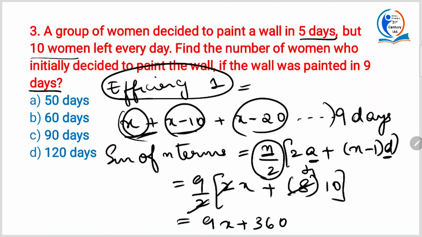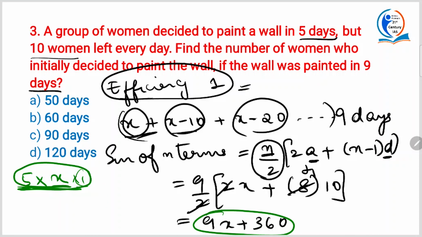And what is the work done by women in 5 days? If there were total women of x, that means 5 into x was the total work done because efficiency is 1, no? So into 1, so it doesn't make any difference. Okay, so it is 5 into x. This is the total work actually, it was there. Okay, now what is this? This is the total work that was done. This work and this work are same. However, the number of women who worked will differ because each day 10 women just left, right? But the works, these two terms are equal.